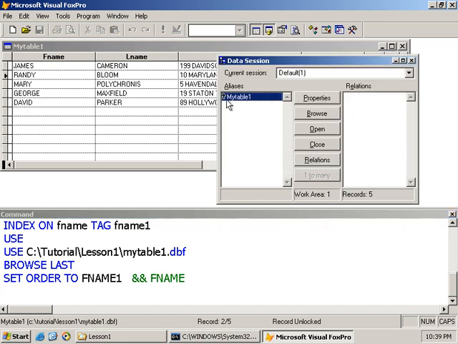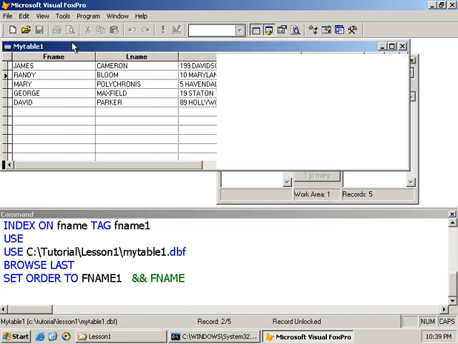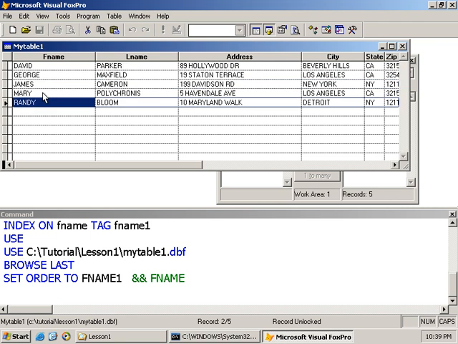I go back to the data session window. I see the arrow there. I click on the browse window, and right away my records are reordered. Notice that Andy, who previously was at the top when we first created the index, once I modify the name in some way, it's automatically updated. I did not have to recreate the index. I did not have to issue the reindex command,